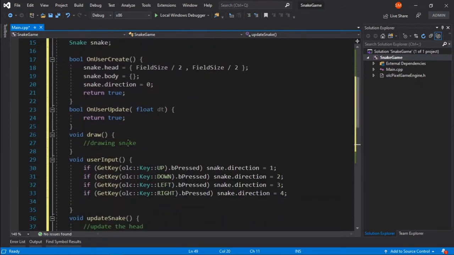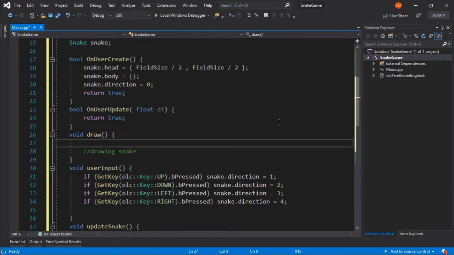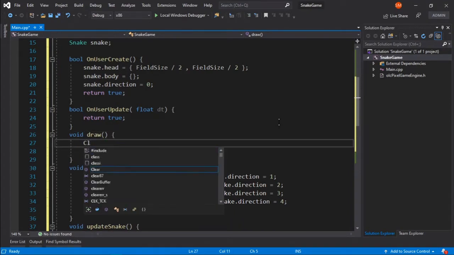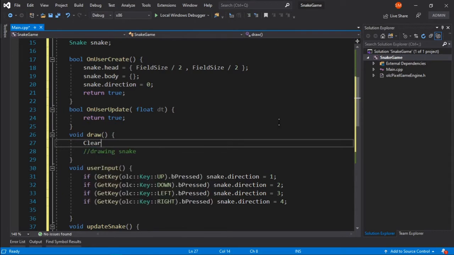And now we are going to do something about draw. So first, before drawing the snake, we need to clear the screen. For that, OLC has a very interesting function called clear, and it takes an OLC pixel.